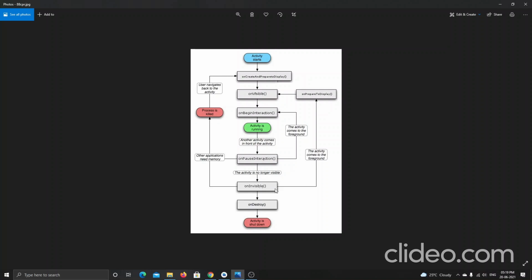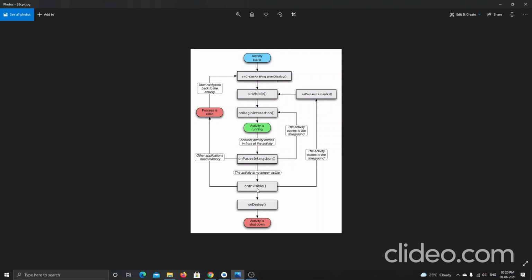Otherwise, if in onVisible I pressed the back button, and then I want to go back to the application, but I didn't close the whole thing fully, like going to the app drawer and removing the application, then if I want to go back to that application, it just starts from the onVisible method. If I fully closed the application, then it starts from the first method.